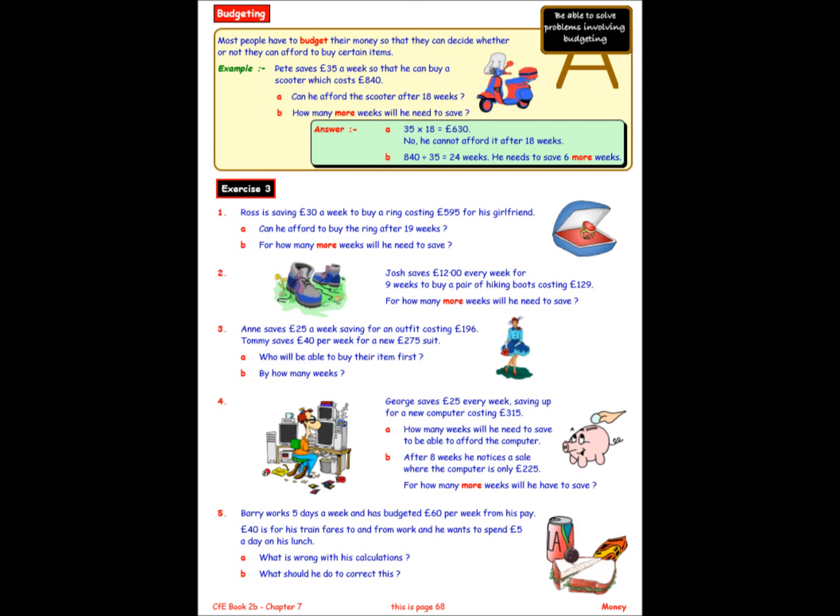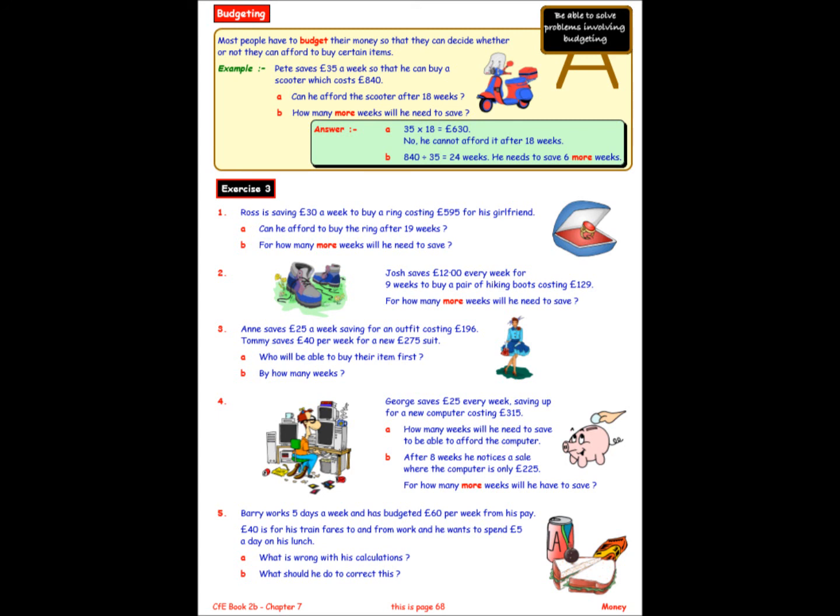Question 1 and question 2 are very similar to the example given, so you can work through these hopefully fairly easily. Question 3 is slightly different, where it's talking about two different people, Anne and Tommy. So you're going to have to work out Anne, you're going to have to work out Tommy, and then answer those questions. I think question 4 is similar to the first two, but it has got a sale price, so watch out for that one on question 4. The sale price is slightly cheaper, so it might end up being less weeks, things like that. And question 5,